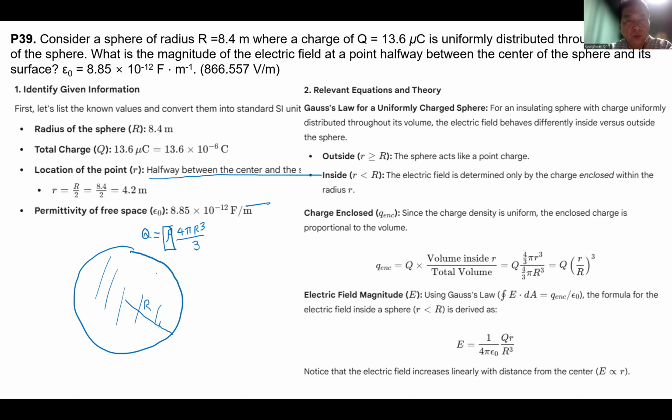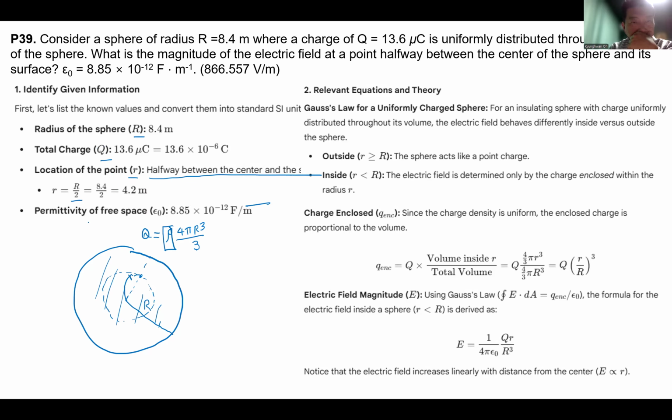And then what we have to do is find the magnitude of the electric field at the point halfway between the center of the sphere and its surface. So we want to find out halfway here, okay? And then once again, we are going to draw a Gaussian surface inside, okay? That's the thing. So let's try to summarize what is going to happen. The radius of the sphere, capital R, is given, the total charge is given,